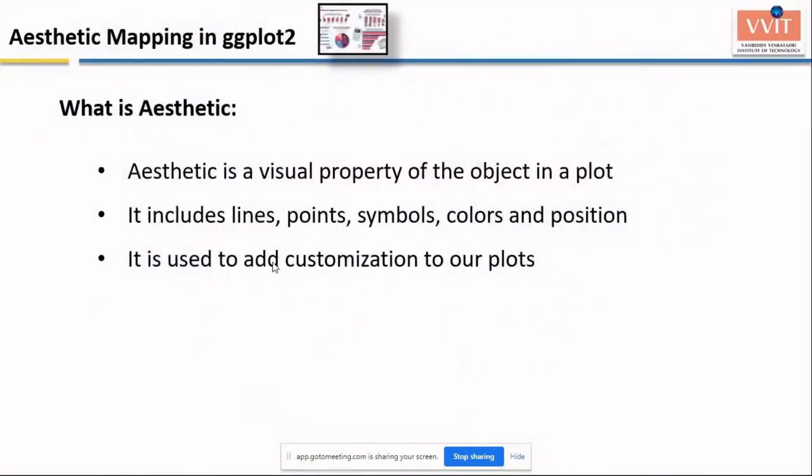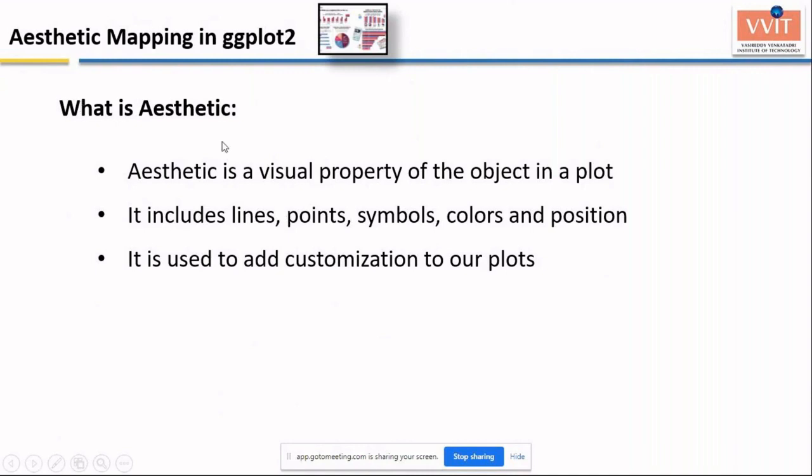Your ggplot2 has aesthetics. Aesthetics are nothing but the beautification of your plot. What kind of color you want to give, whether you want to plot using lines or points, symbols, how to position these values, how to customize your plot. This is called aesthetics.